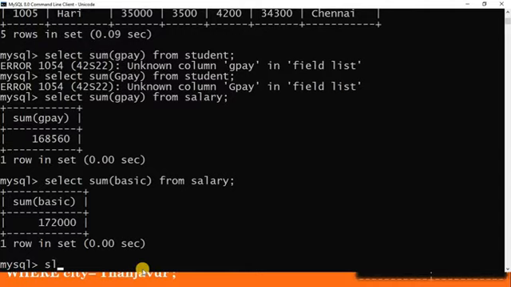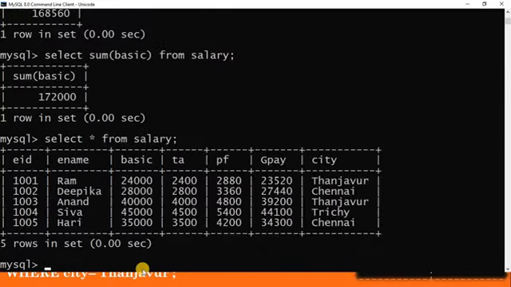At the same time, we can set some criteria also. Now, I will show the salary table again. Select star from salary. Now, I am going to find the total salary for those who are residing at Tanjavur. Now, I have added some condition. What is my condition? Those who came from Tanjore, only their salary I am going to sum here. Okay.